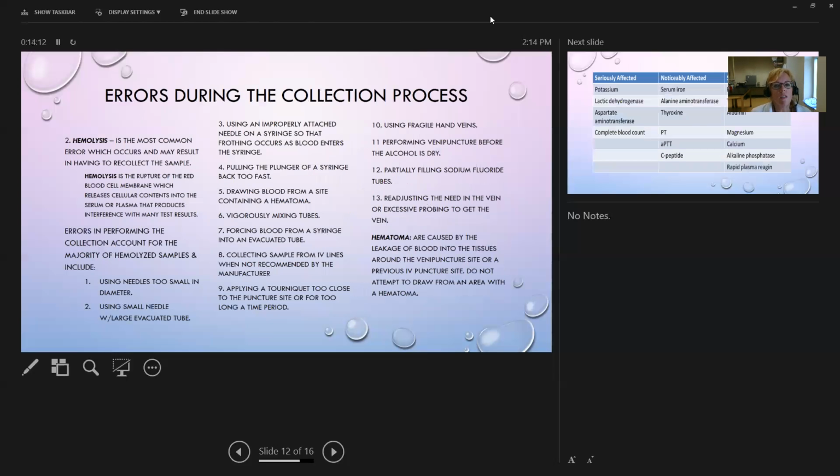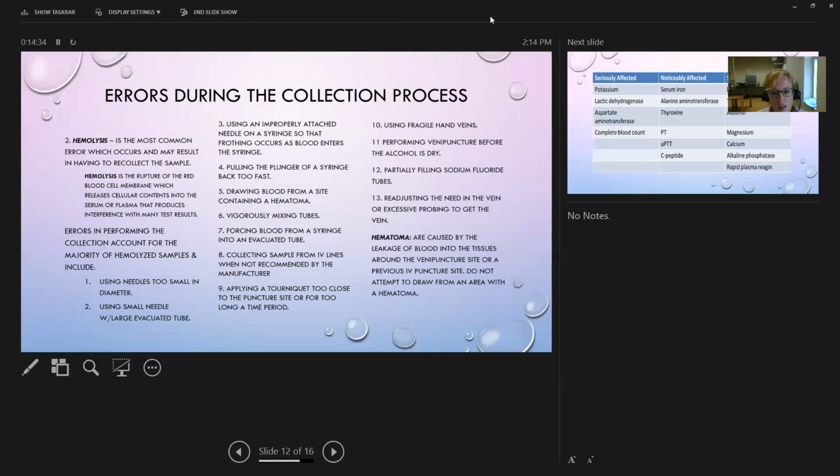So other errors during the collection process, one error is hemolysis, where the red cells are ruptured. And it is a very common error, unfortunately. And you can see the reasons here why a patient's blood may be hemolyzed. And what happens during hemolysis is when the red cells are ruptured, whatever's in the red cells leaks out